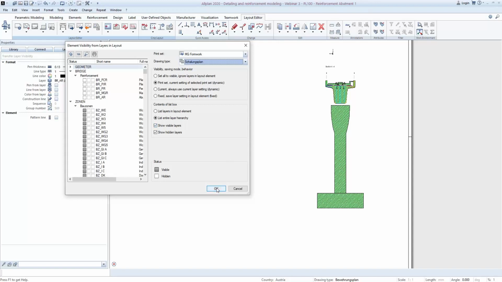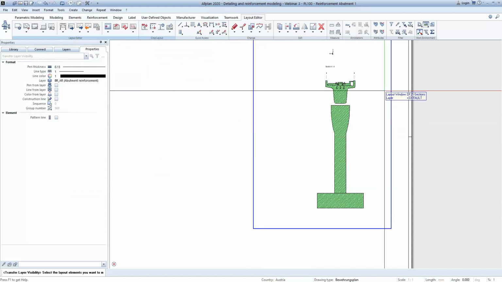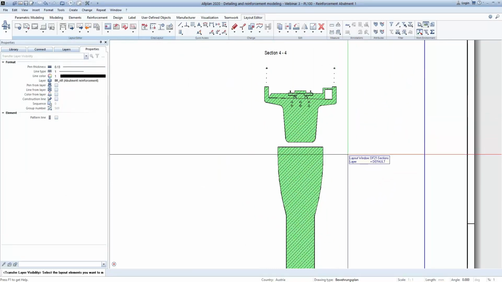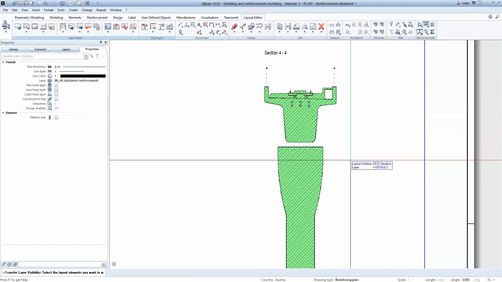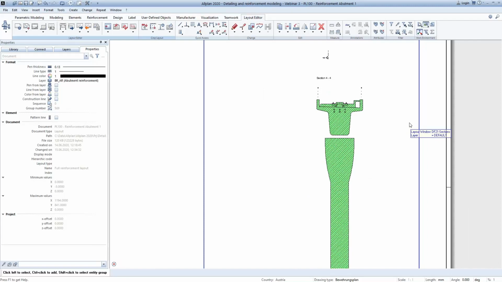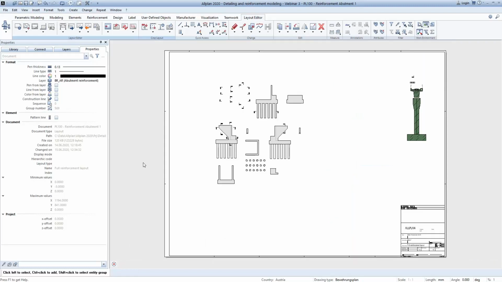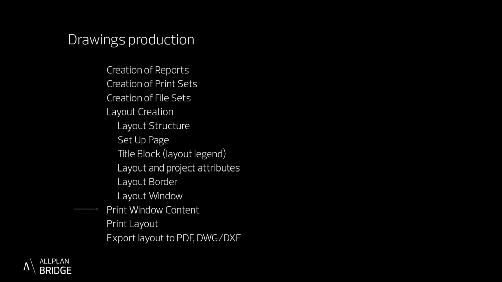Since we created all the print sets by deactivating the layers related to the reinforcement, we can see that in all our layout windows there is no reinforcement visible, which corresponds perfectly to the creation of the formwork drawings we are creating right now. Beside the classical layout creation, it is also possible to print the content of some window